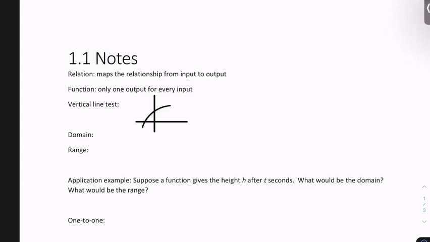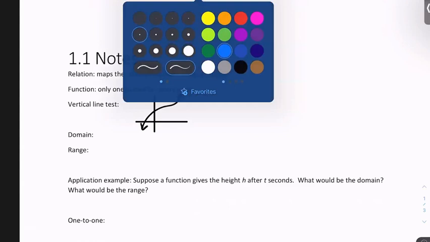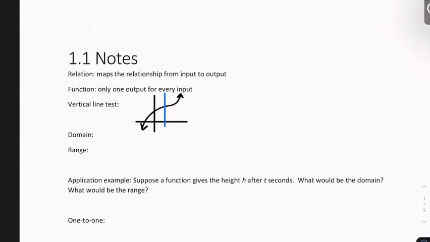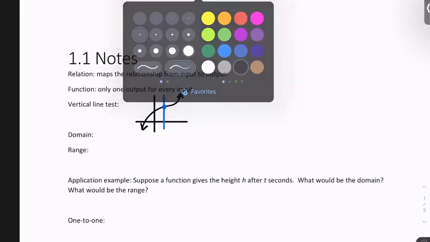So let's say that we have a polynomial here. Let me draw a vertical line. We can move it, and anywhere on that relation, it's just going to pass once. So this one would be a function, because everywhere that vertical line goes, it would just go through once. But if we had something like a circle,